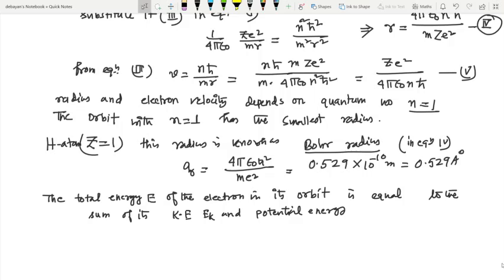If we put the value of kinetic energy, this is half of m, and if we want to find the value of v square,